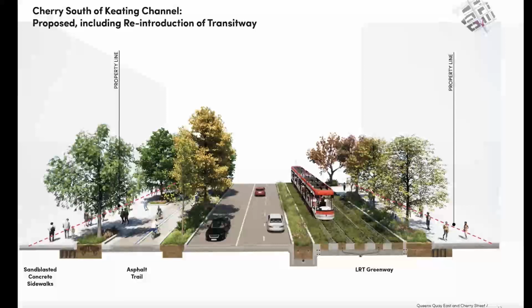Yeah, the idea is, and Sonia can correct me if I get the details wrong, that it would all be built up front, so we wouldn't have to wait for the LRT. All going well with the LRT study, this would be the day one condition. Actually,